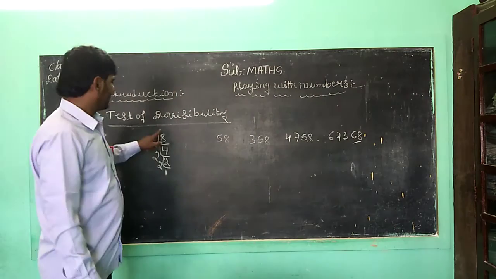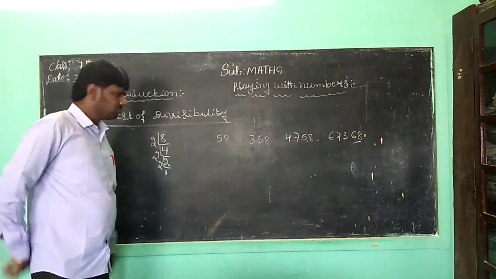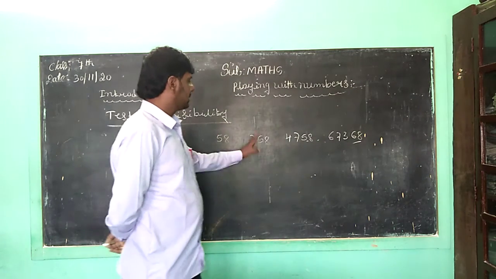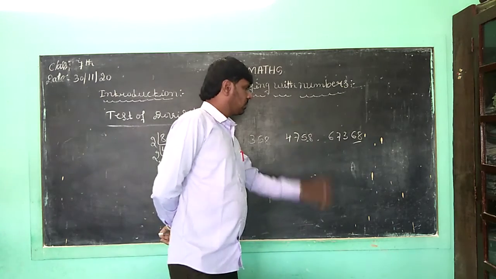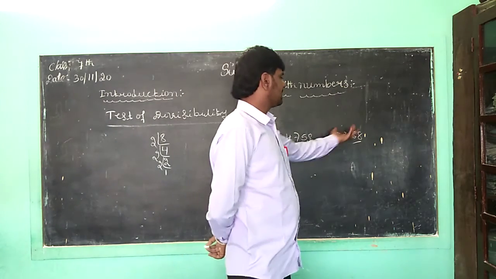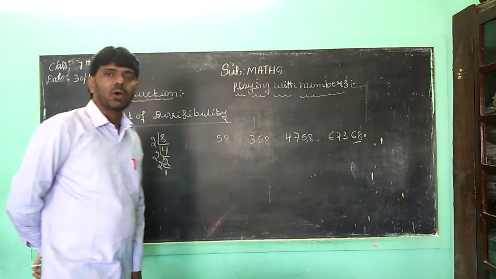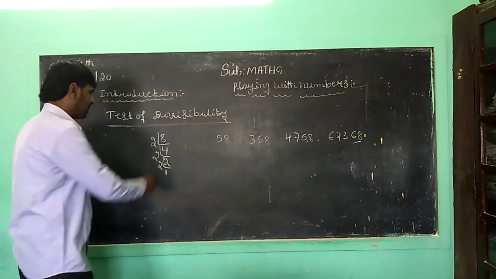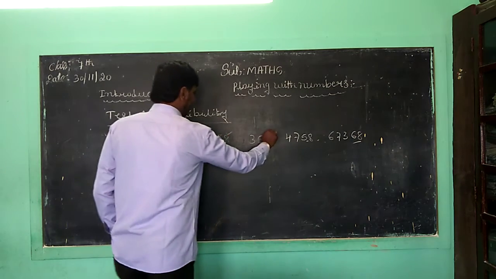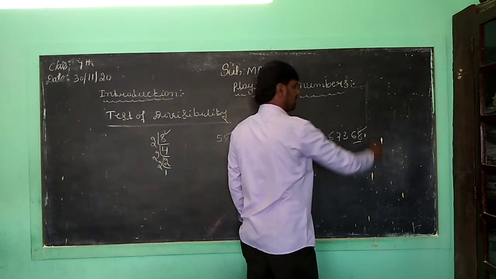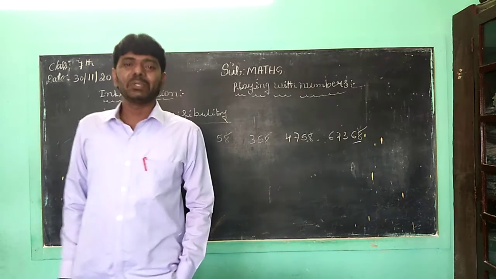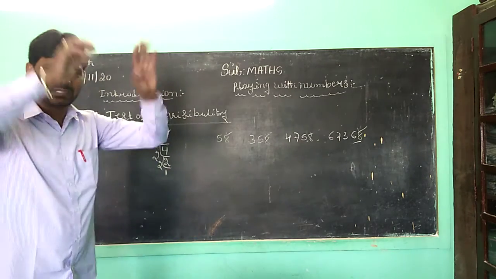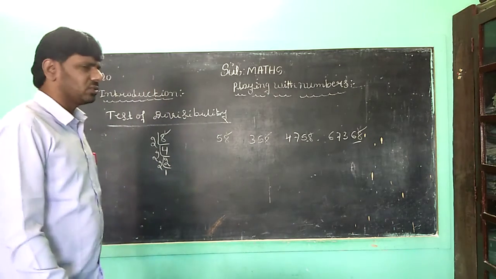See, children, this is a single-digit number, it is divisible by 2. This is a 2-digit number, it is divisible by 2. It is a 3-digit number, it is divisible by 2. It is a 4-digit number, it is divisible by 2. It is a 5-digit number, so divisible by 2. Children, how can we find it is divisible by 2? See that the unit place digit is an even number, which means it is easily divisible by 2. That is the rule of divisibility of 2, children.